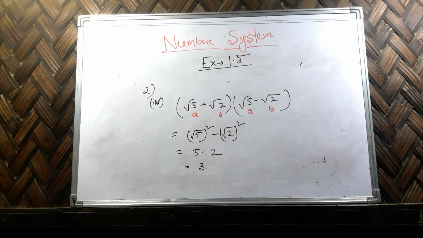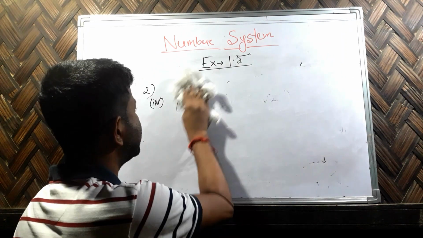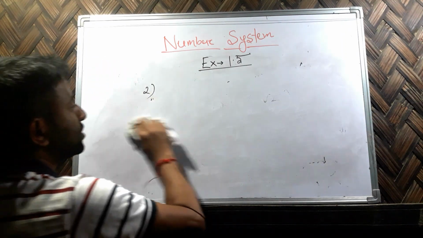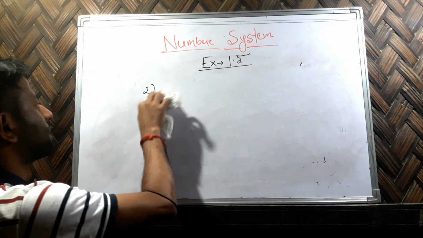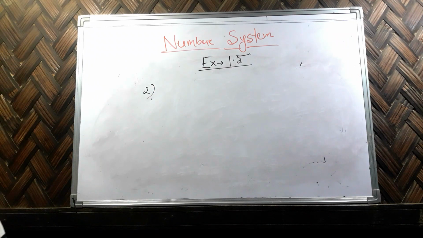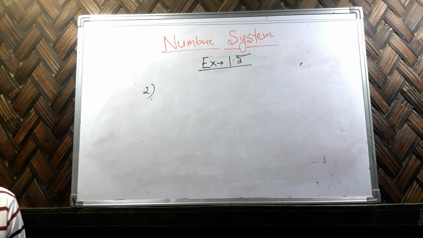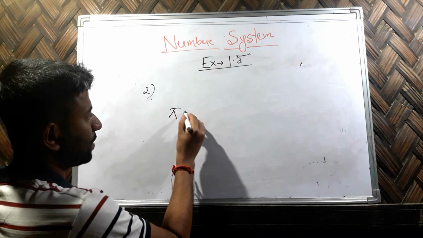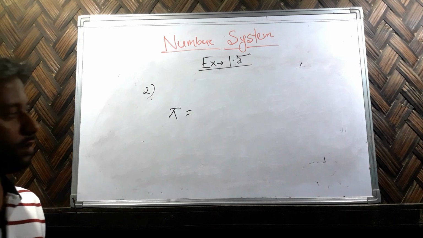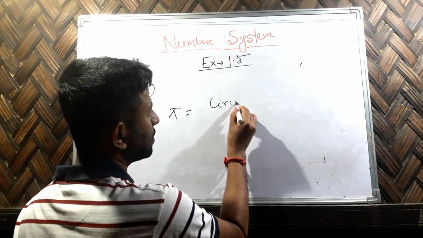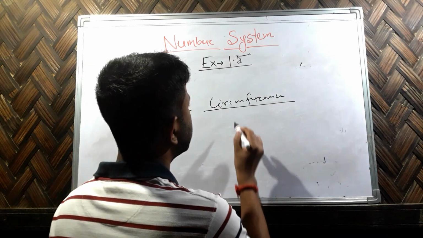ओके, नेक्स्ट क्वेश्चन नंबर, मूव ऑन टू द क्वेश्चन नंबर 3। हम लोगों को क्या पता है, क्वेश्चन नंबर 3 में जो टर्म है, इसमें एक टर्म आ रहा है पाई। हम लोगों को पता है पाई कैसा है, इरेशनल नंबर है। अब लेकिन पाई का जो जियोमेट्रिकल डेफिनेशन दिया जाता है, उसमें बताया जाता है पाई, ये जो पाई है ये क्या है, दिस इज द रेशियो ऑफ सर्कमफरेंस टू द डायमीटर।